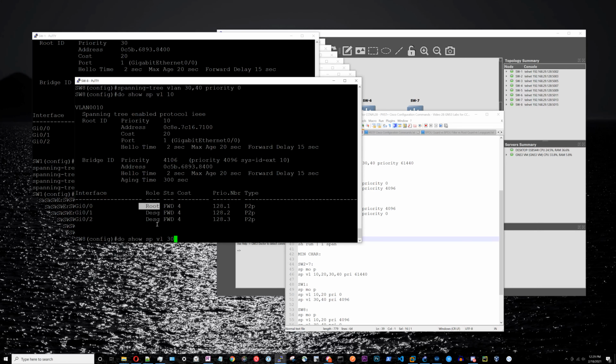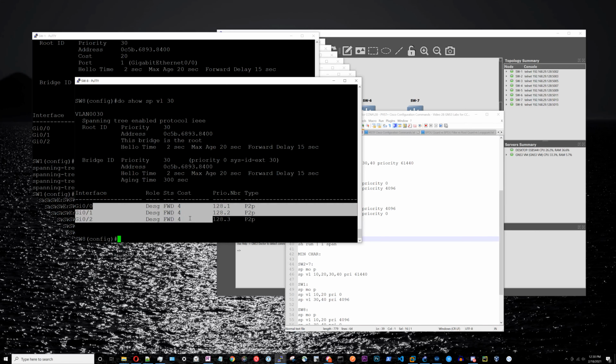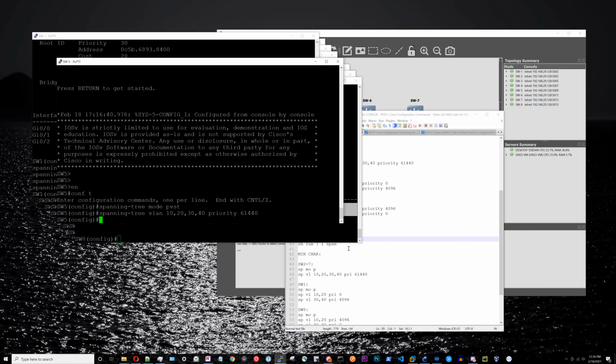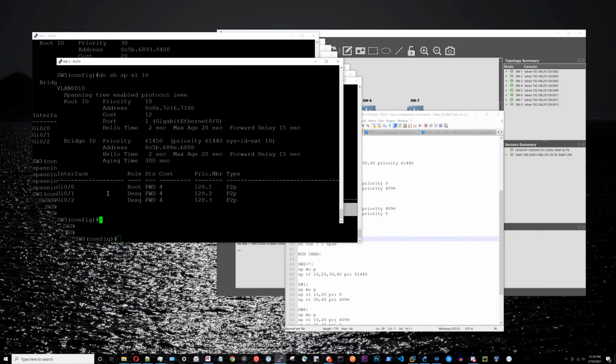do this for 30, and then run it for VLAN 30, and we can see that we are the root as it should be. All the ports are in the designated forwarding state and everything's good. Then we can look at switch 5. So it's going to be one of the switches in between, and here the root port is gig 0/0, and